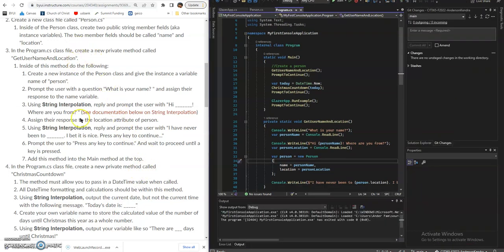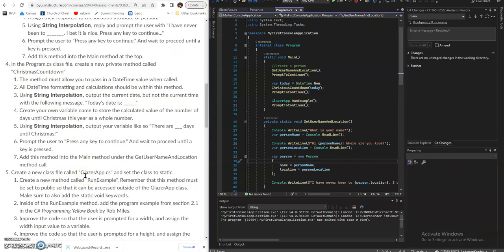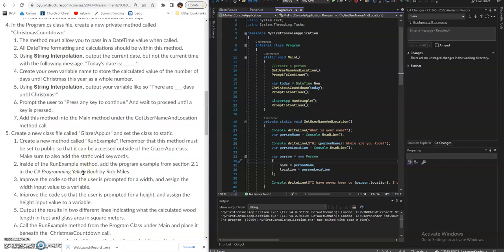I believe I met all the criteria in all of these, and I tested to make sure the output is correct, and that is my